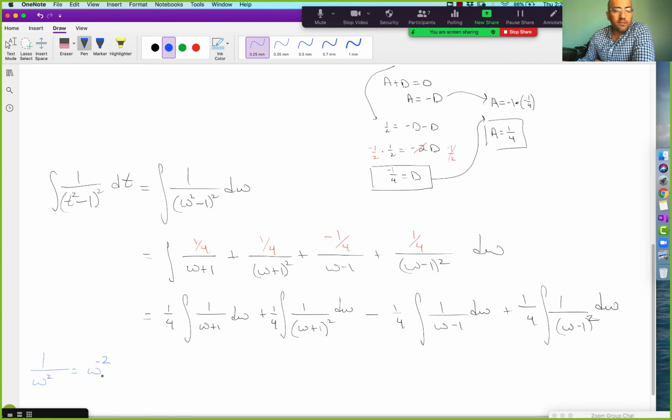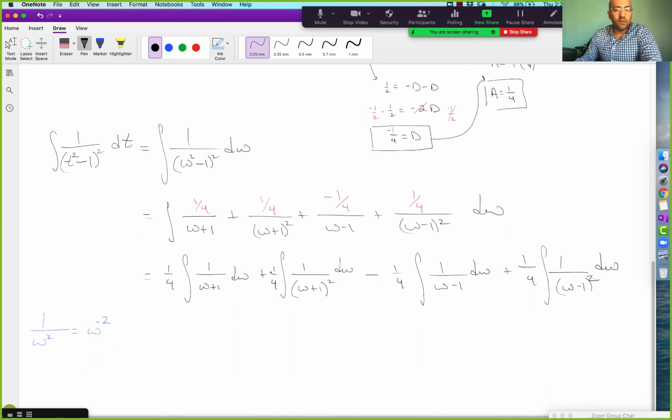A derivative that would give you this would be w to the negative 1, except that there's an extra minus 1 we have to deal with. We just did this above somewhere, so hopefully that part will be easy. So this is just going to be equal to 1/4 ln of w plus 1. Takes care of this one, right? The derivative of this is 1 over this. Good. And then